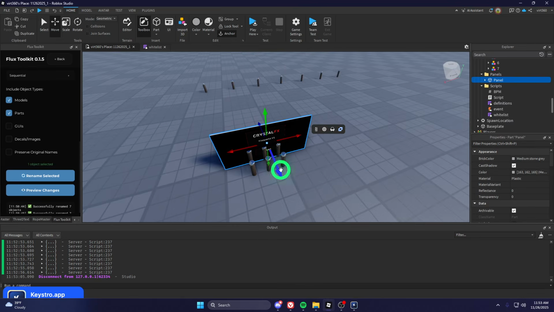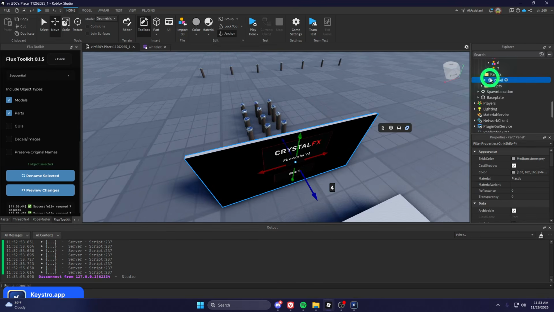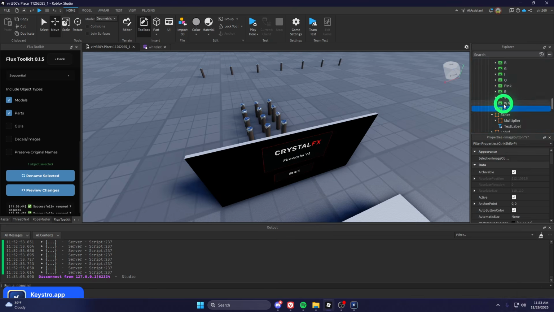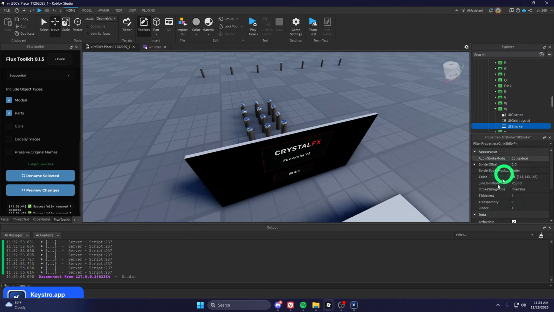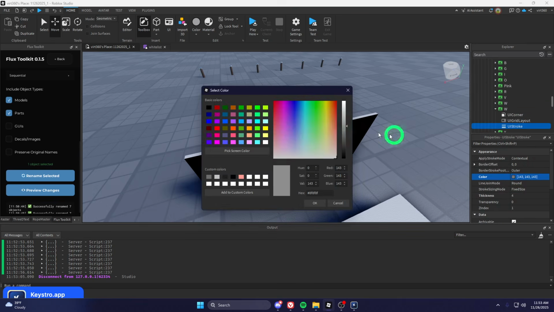Custom colors are super easy to do. You just got to go into the UI, color. You just got to duplicate one of these. I'd recommend duplicating white because it's the last one. And you just change the color of this UI stroke to, like, lime green. We want lime green fireworks. And it doesn't matter what this fader over here is set to, as long as that's set to 0. Because it'll just make it full